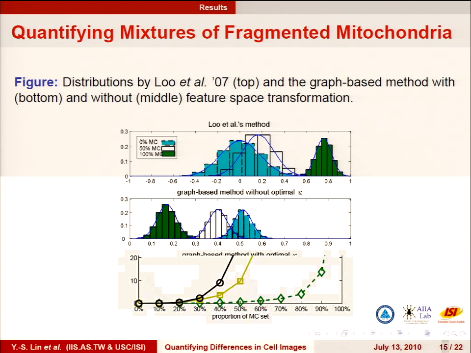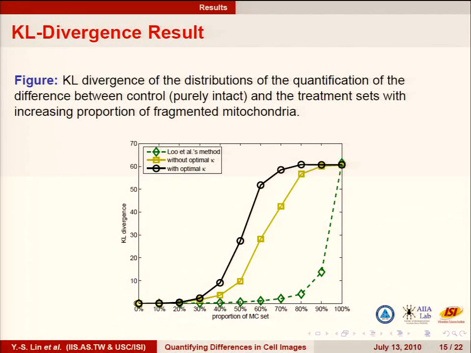of cell mitochondria, and we use divergence to measure the difference, and here we have increasing fragmented mitochondria in our collection. Here is the divergence of the mixtures, and as the proportion increases, an ideal monotonically increasing difference of the divergence,